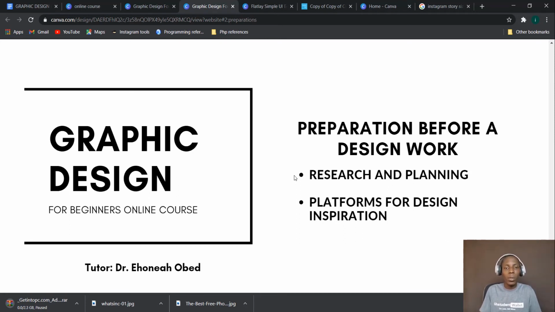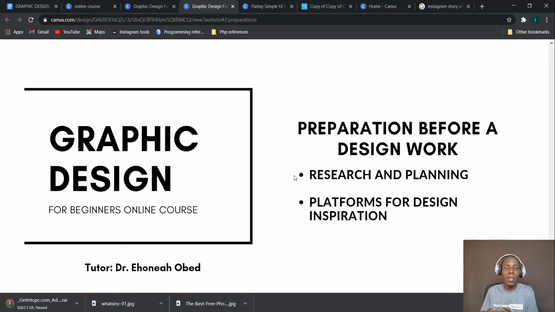So the question I'll throw to you is, why do you want to do this design, or what is the design for? If you're able to get an answer for it, you can quickly write it down. And this is the research process that we are going through. So one, you've established the size depending on where you want to post it to. Then two, you have determined the purpose why you are designing it, or what that design is going to be used for. So if it is going to be a brochure, then we will know that it's a brochure,